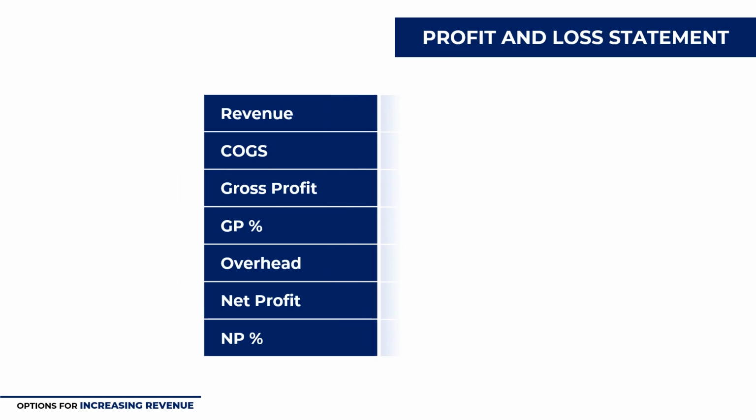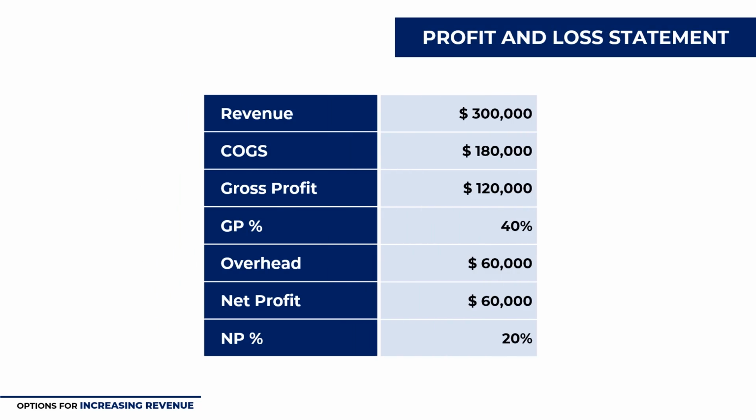Throughout this session, we'll be reviewing this standard P&L statement template that we covered in detail in a previous session. As you can see, it consists of just 7 basic sections: revenue, COGS, commonly referred to as cost of goods sold, gross profit, which is calculated by subtracting your COGS from your revenue, gross profit percentage, which is calculated by dividing your gross profit by your revenue, overhead, which represents the bills you have to pay every month, net profit,